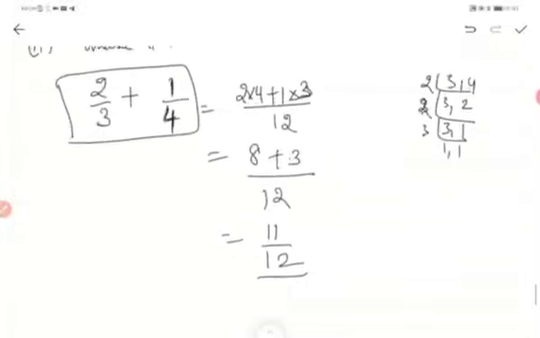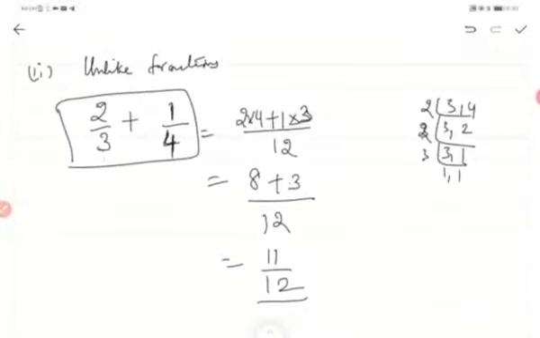Okay, let me take one more example and stop for today, and we will do many more. Subtraction will be the same as what we are doing for addition. Instead of plus, we will do minus. That's all. Okay, so now if you have another example, like a mixed fraction 1 4 by 5